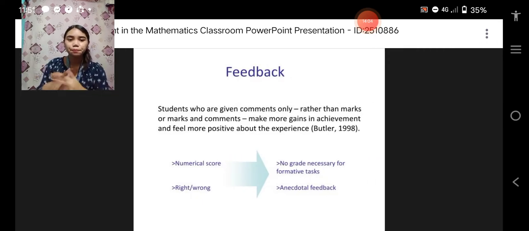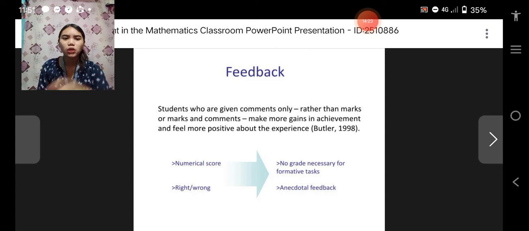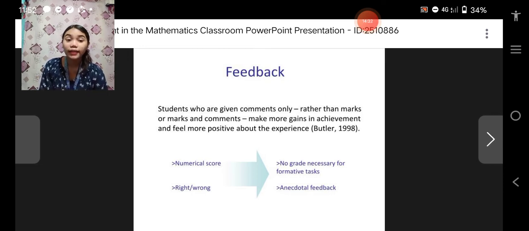So the feedback: students who are given comments only, rather than marks or marks and comments, make more gains in achievement and feel more positive about the experience. This is according to Butler, 1998. So the student will also know the numerical score, and no grade is necessary for formative tasks, right and wrong,